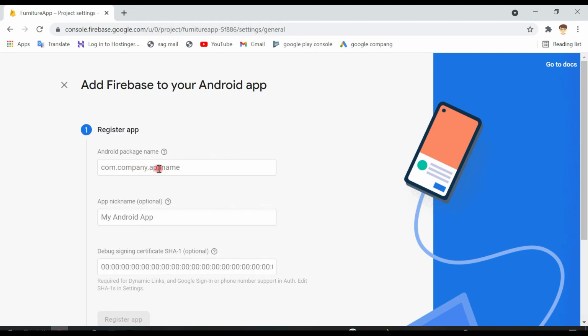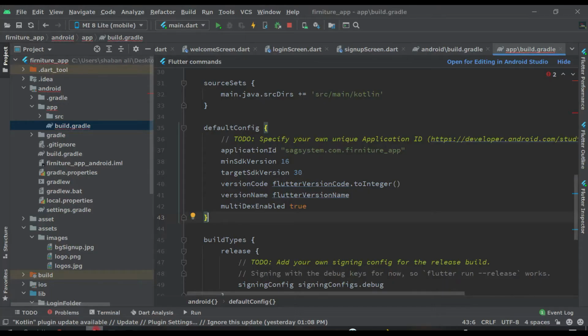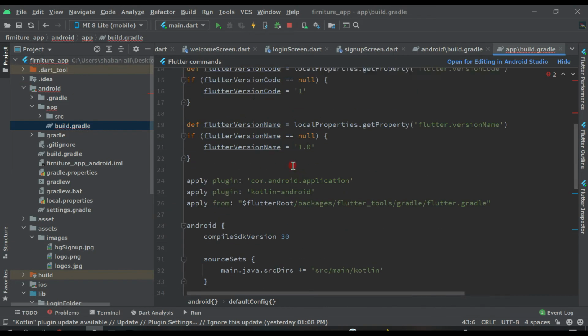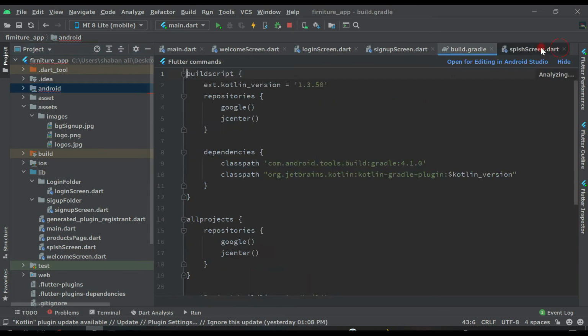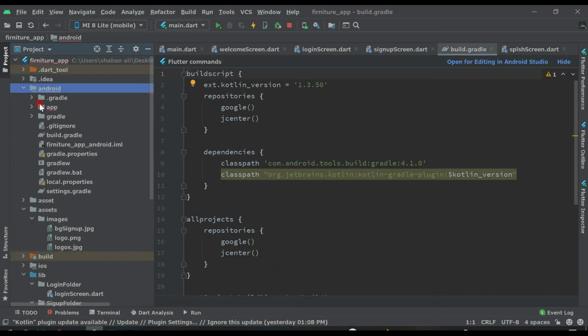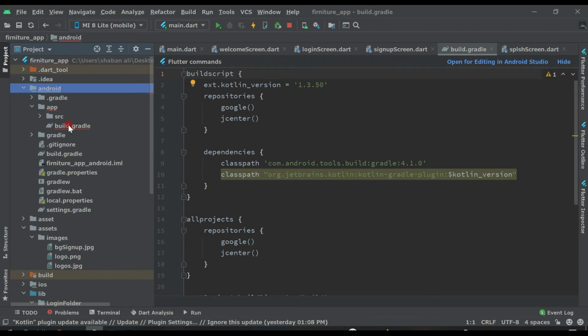Now, Android package name. Here you have to provide your package name, and this package name, where is it? I will show you. Come back to the Android Studio and you will see this. You have to click Android, app, and build.gradle.